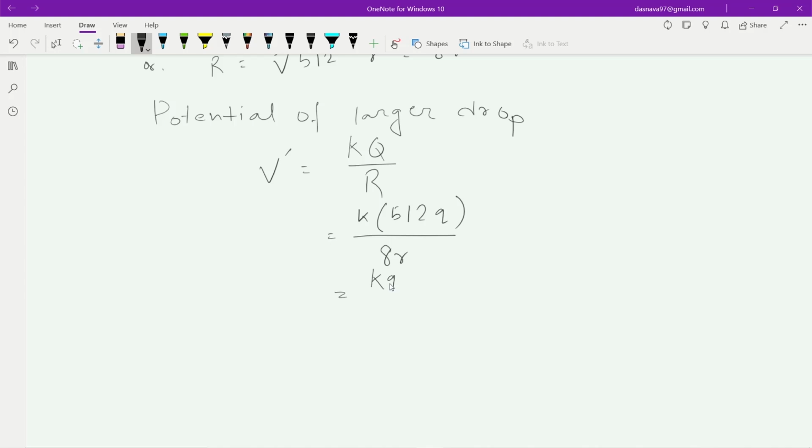अभी K q by small r into 512 by 8, और K q by small r हम लोग क्या निकाले थे, 2 volt. Equals 2 into 512 by 8, अगर इसको 64 into 2 equals 128 volt. So the answer will be 128 volt. So हम लोग को ऐसे करना पड़ेगा।